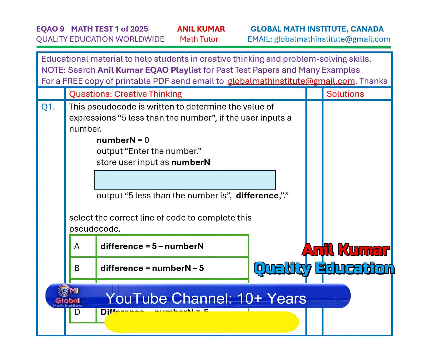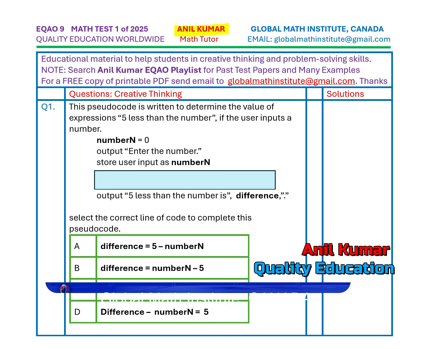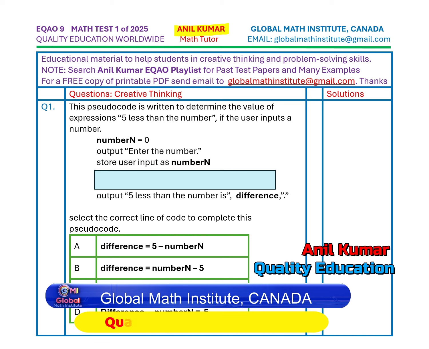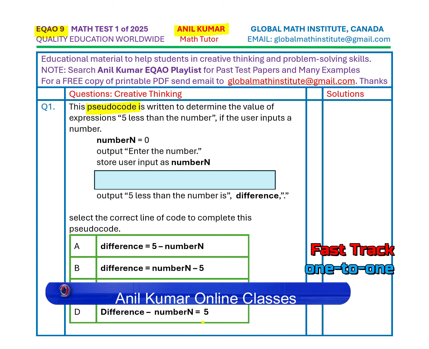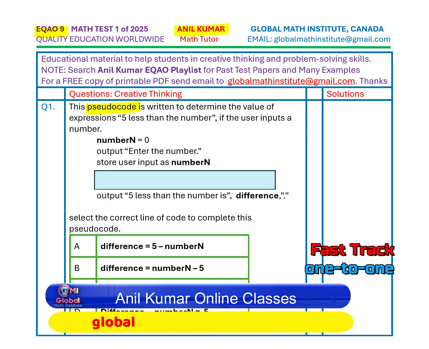In this video, we are going to take up three different questions which are based on computer literacy. We'll try to understand how we write a code for solving a problem. These codes are called pseudocode. Those of you who are preparing for EQAO in grade 9 will find this set of questions very interesting